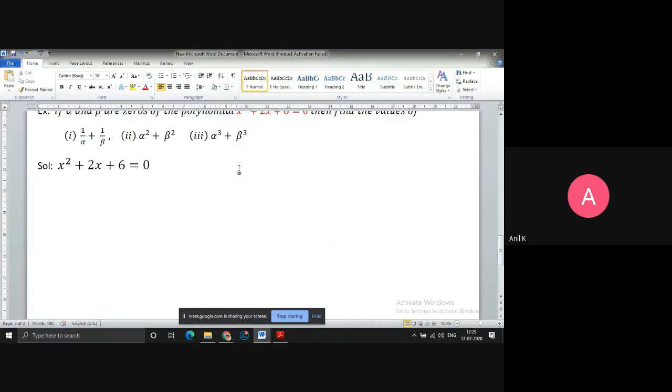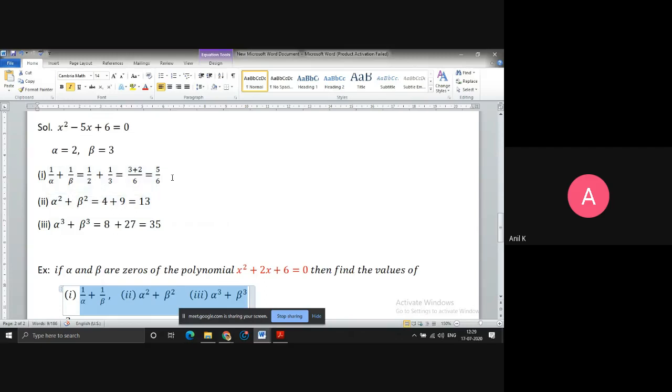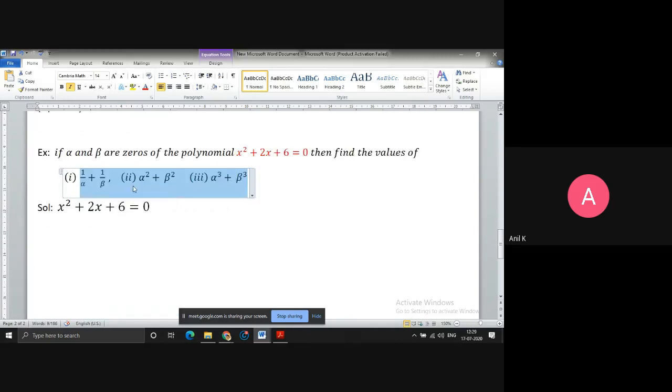So that means I cannot solve this by splitting the middle term. If I cannot solve it by splitting the middle term, I cannot get what is exactly alpha value and what is exactly beta value. If I don't know alpha and beta value, then obviously I cannot substitute here, as I substituted in the previous question. When you don't know alpha and beta value, you cannot simplify this one, which means you cannot solve. No, we still can solve it. What we do is, we approach with a different method. Instead of substituting alpha value and beta value here, before I go solving any question, let me insert the equation.